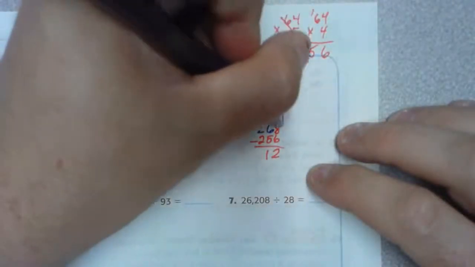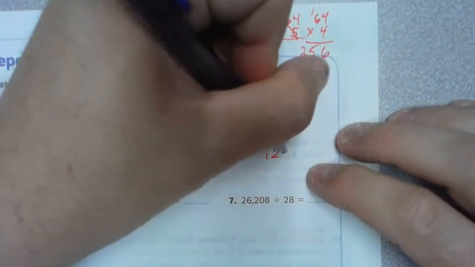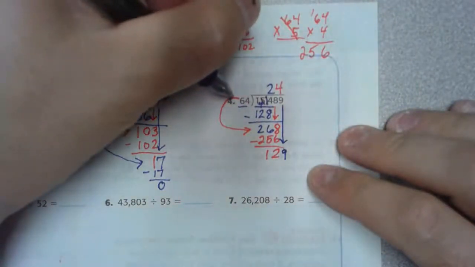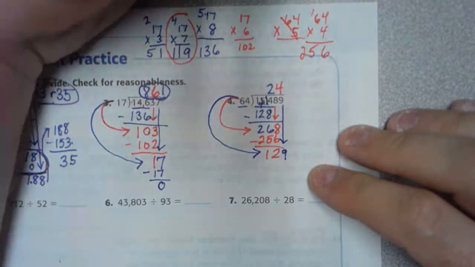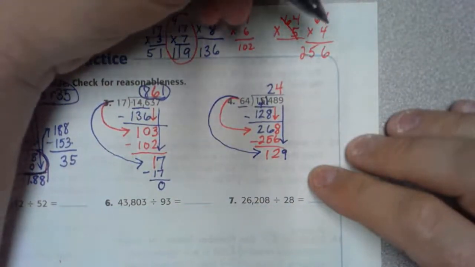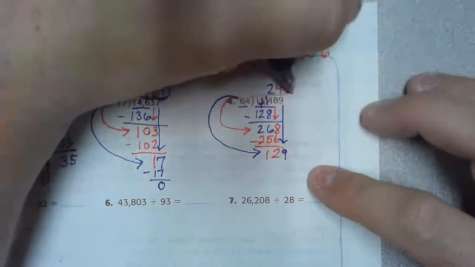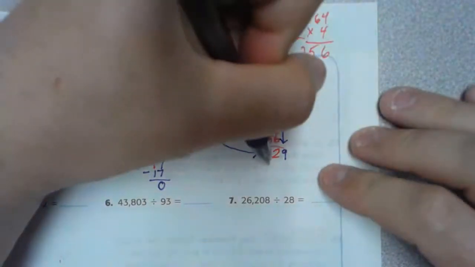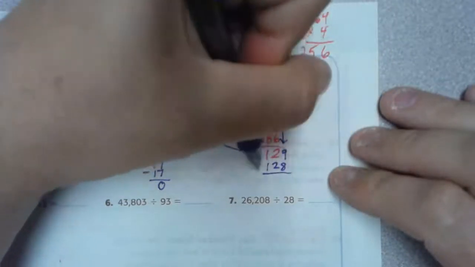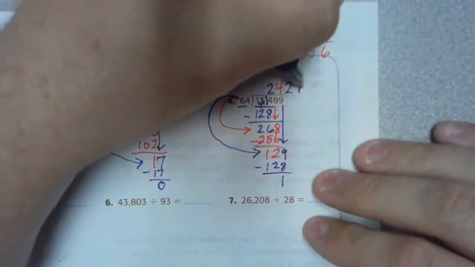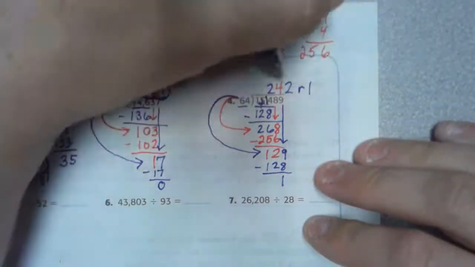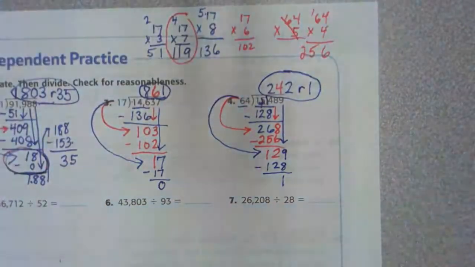Good job. There you go. 242 remainder 1, right? Yep. I thought you said 1. I couldn't hear you. Good job, Holly. Okay, so